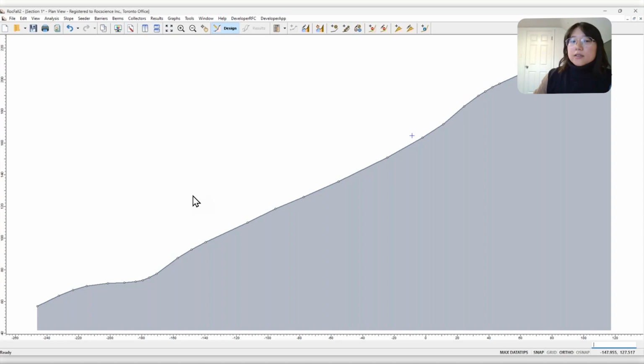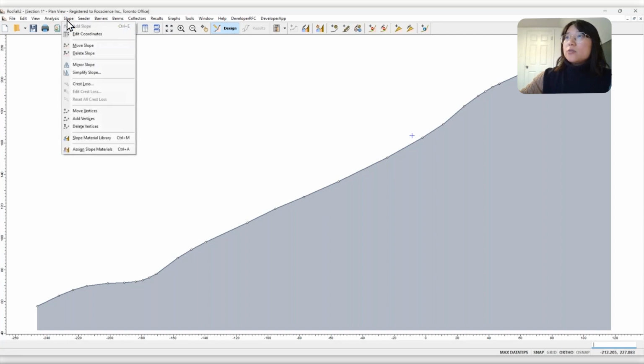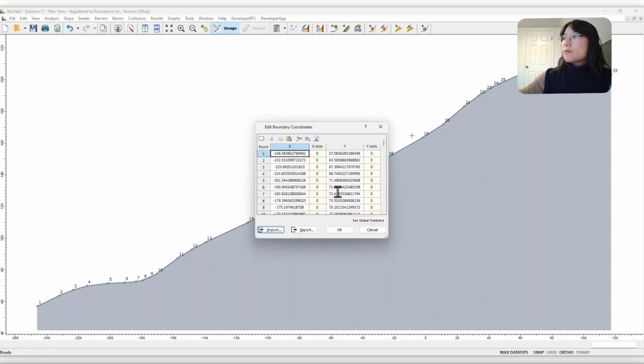So for the statistical analysis in 2D, you can try to either increase the sample size to get a more reasonable distribution, or you can also vary the slope geometry at the vertices. And this may be useful if your 3D DEM does not offer the resolution that you want. And keep in mind that the resolution of the terrain generator does depend on the location and the availability of satellite data. So to vary the slope location, I can go to slope, edit coordinates,